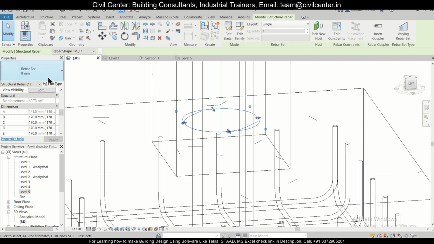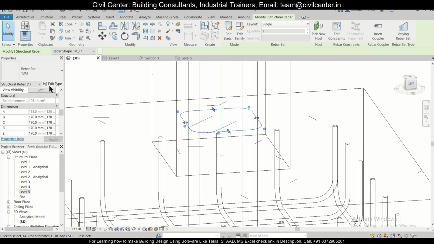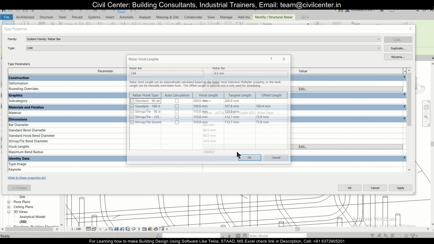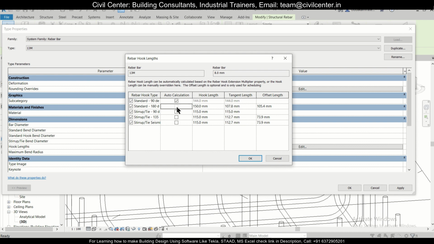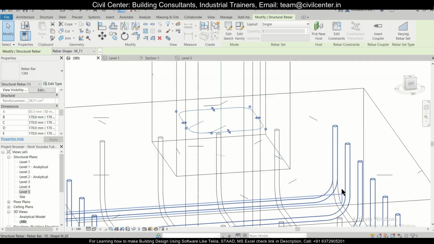So we'll just do this as any other option, and we'll edit this type, and then change the bar diameter to 8 mm. Edit, and auto calculation will be turned on, and then OK.